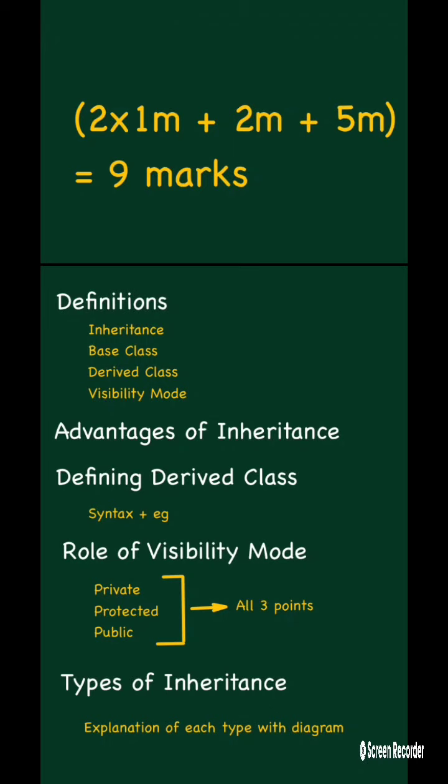And defining a derived class. This means how we are going to define the derived class. There are 2 classes, base class and derived class. We have to inherit the properties of the base class to the derived class, so we have to create a derived class or child class. Base class is also known as parent class or super class, and derived class is also known as child class or subclass. For that you learn the syntax along with a small example. For the example program you have to write the base class and inherit the base class to the derived class.